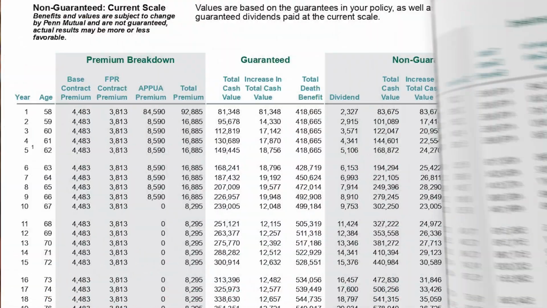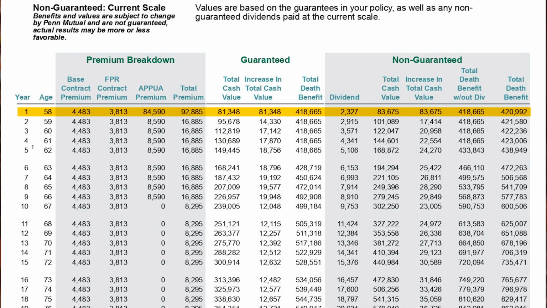But once I run an apples to apples comparison, just to double check for them, I was shocked when I found this. You'll see in mine, it starts at year 1. So really their year 12 is like my year 1. There's an 11-year difference, okay? Now you'll see here it's about $83,000 in year 1. That's why there's 92,000: 16,000 plus the 75 that transferred over. Now you've also got another 17,000 going in, year 2, 101.